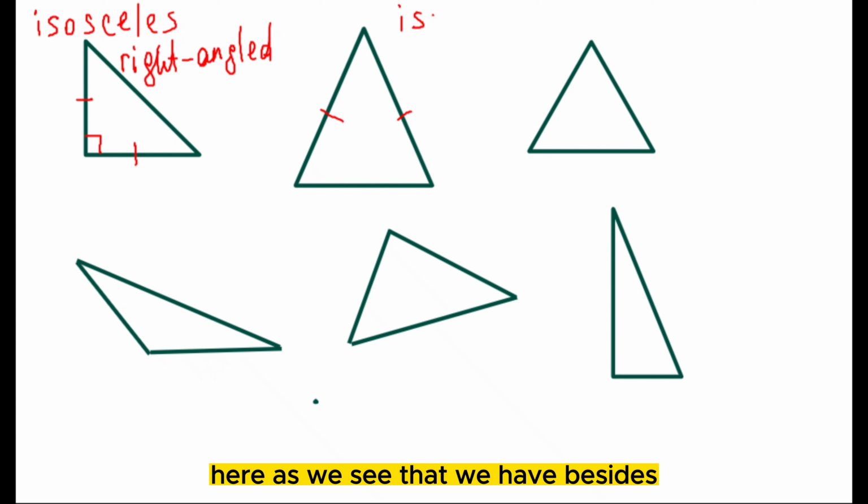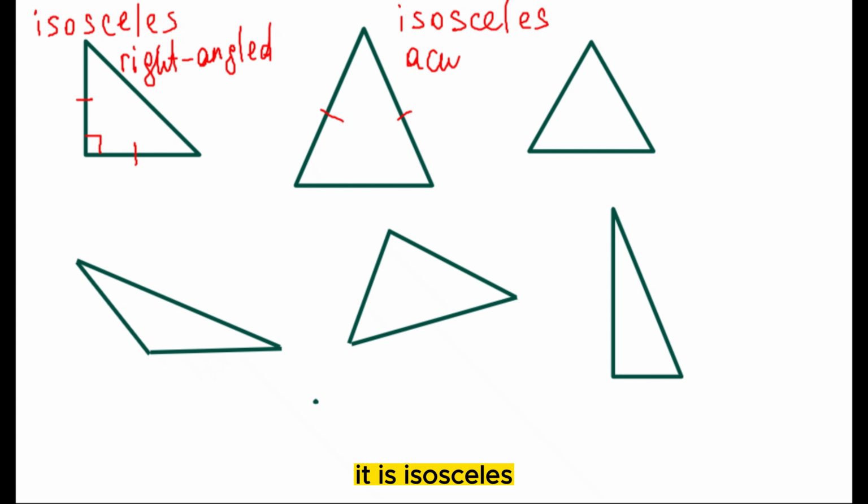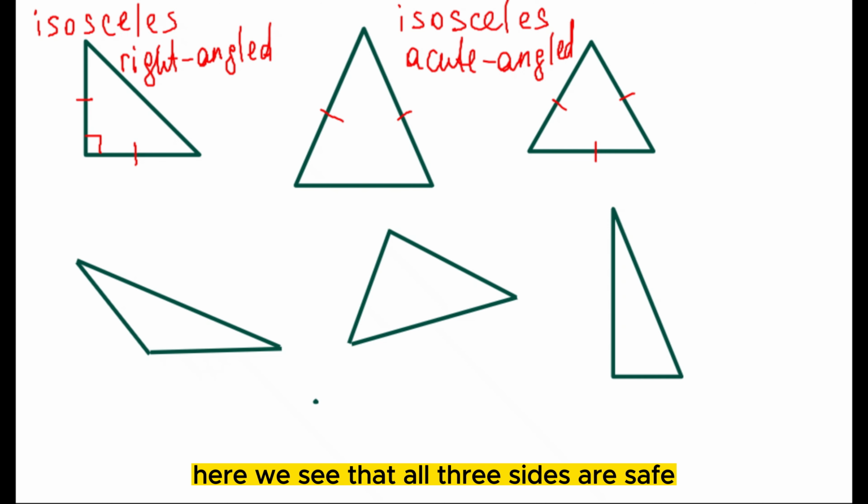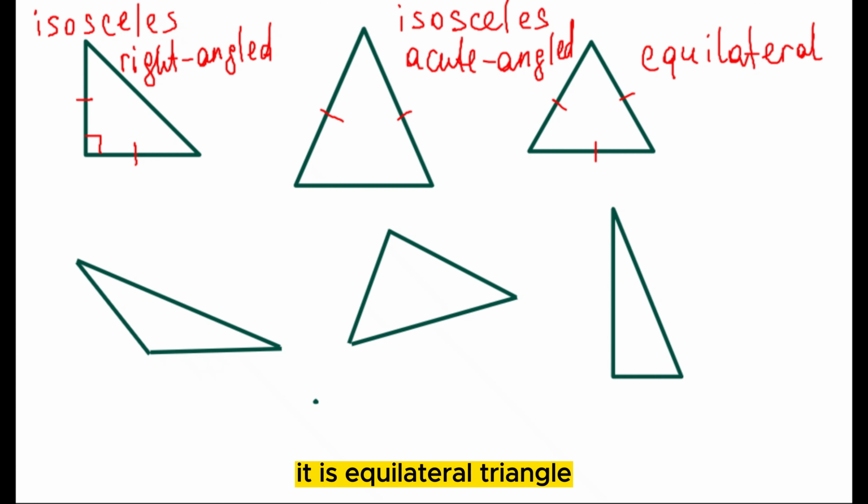Here, as we see that we have the signs, it is an isosceles acute angled triangle. All angles are acute and we have two same sides. Here we see that all three sides are same. It is an equilateral triangle. You can say that, okay, it is equilateral acute angled as all angles are acute, but for equilateral